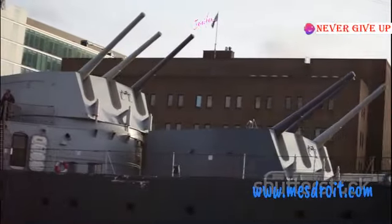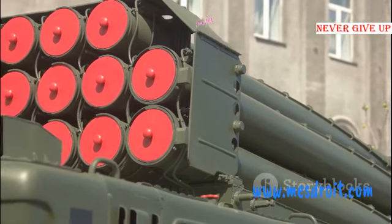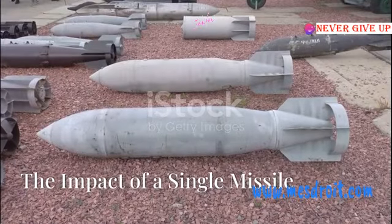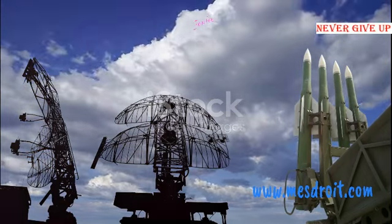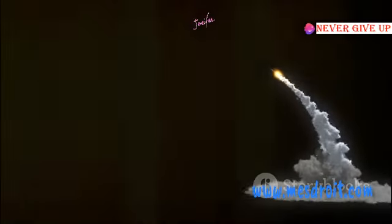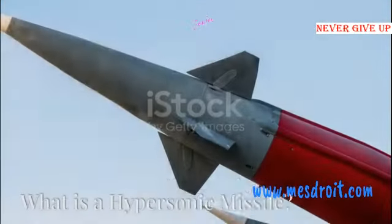However, the last line of defense consists of the Gatling guns located on the aircraft carrier. These guns serve as the final closing support system and might be able to destroy 1 or more hypersonic missiles. Suppose even 1 Russian Kinzhal missile manages to sneak through the American aircraft carrier defense system. In that case, it can seriously damage and disable the operations of this billion-dollar floating airport, hence the name carrier killer. But what is a hypersonic